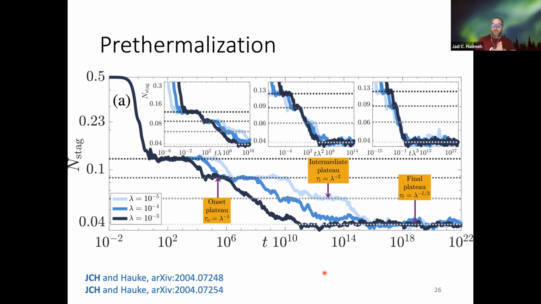Okay, so your timescale from time-dependent perturbation theory for gauge invariant observables is always 1 over lambda. That's the only timescale that you will get from this. So I need something more. What I'm seeing now is non-perturbative. These pre-thermalization plateaus are non-perturbative, and I would like a non-perturbative treatment for them.